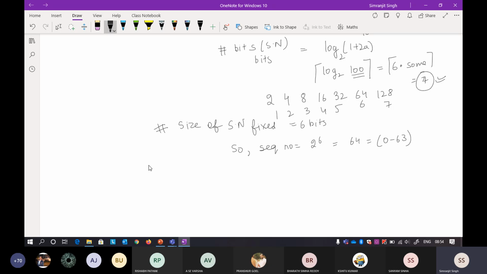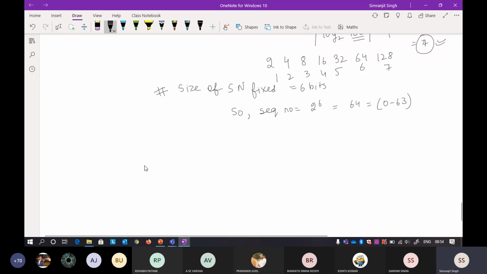Now what does this actually mean? In the same question, the first one you take 1 millisecond, this will be your 0th bit, and for 99 milliseconds, understand this, you will be sitting idle. But you have only around 63 sequence numbers.